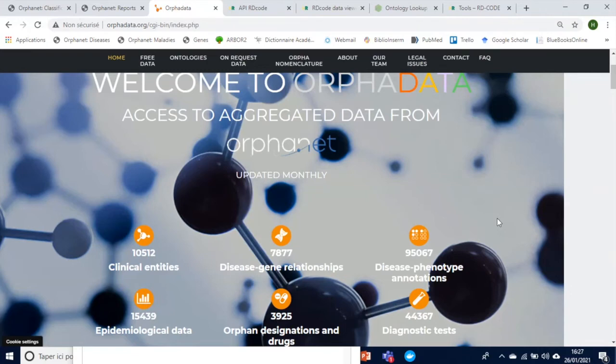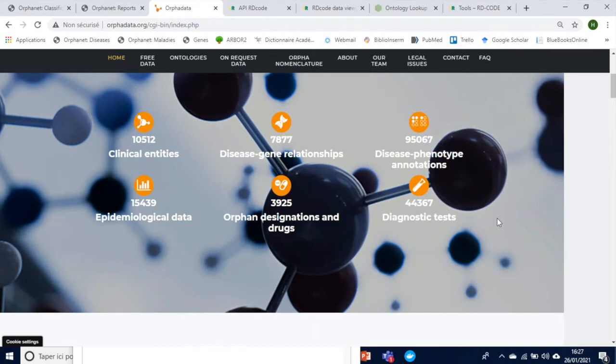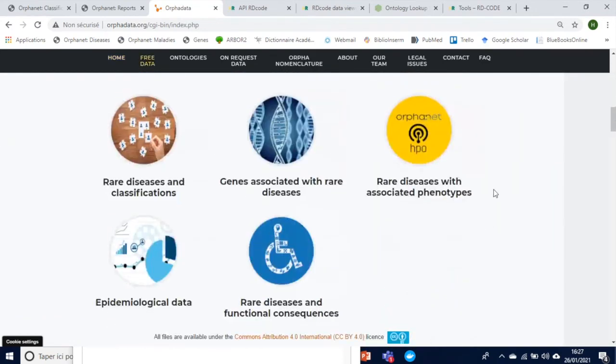the Orphanet database. These constitute a useful tool for researchers or any person who needs to perform massive analysis of rare diseases and associated data. So you will find and can freely download different data sets, including those related to gene disease relationships, epidemiological data, phenotypical annotations using the HPO terminology, and functional consequences. As for the data that is directly related to the nomenclature, you can access these in the Rare Disease